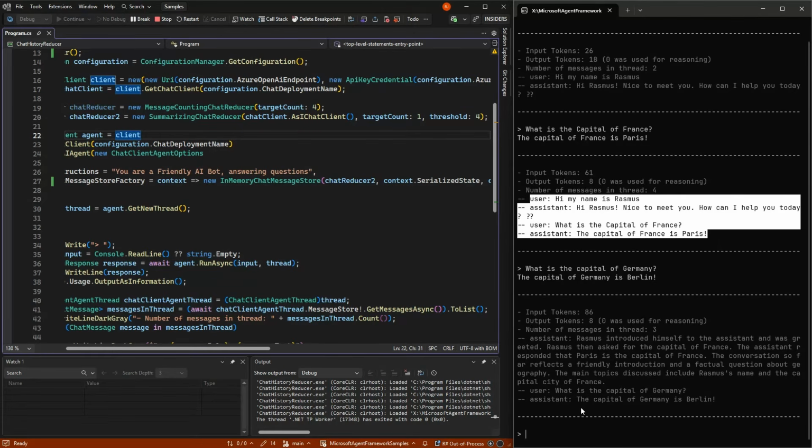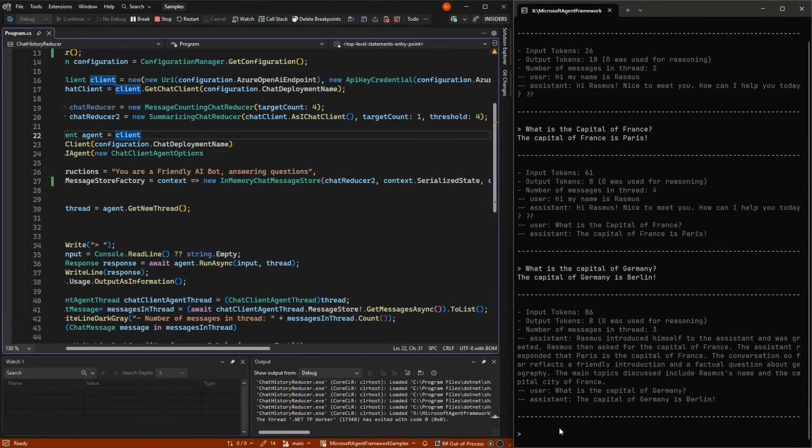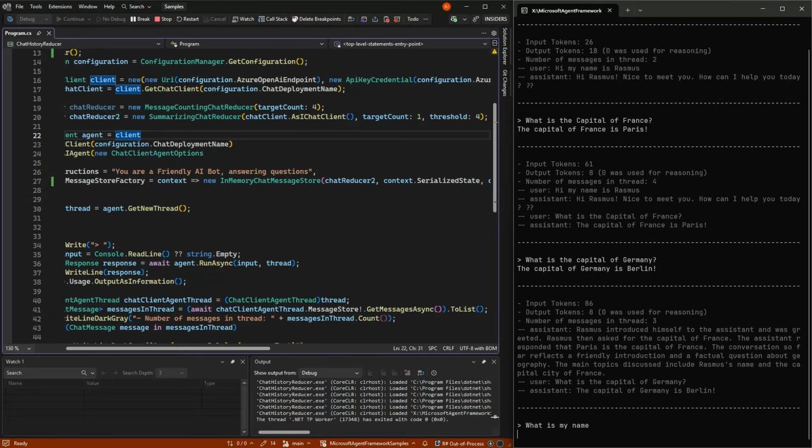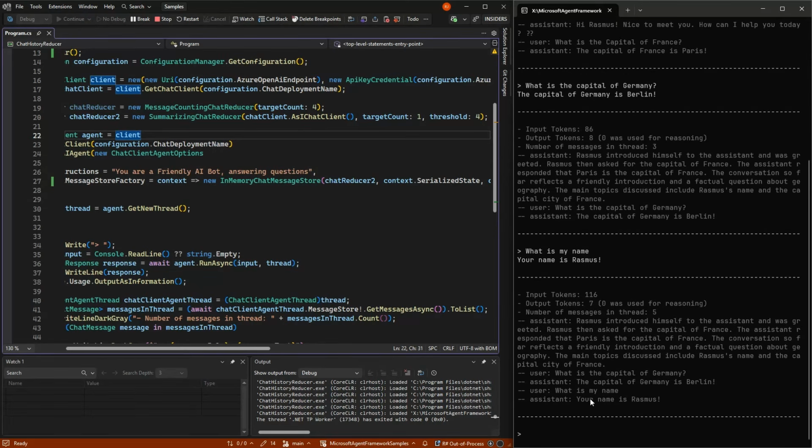And then we left the last question behind. So even though the message is technically gone, I can still say, what is my name? And it will know, because we are still within a summarization. And one of the things it summarized was that my name was Rasmus.